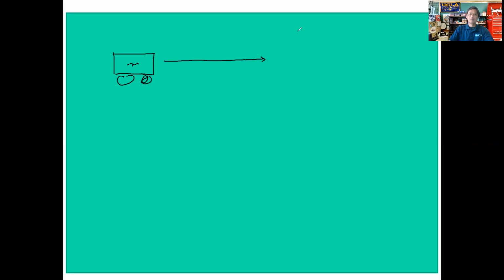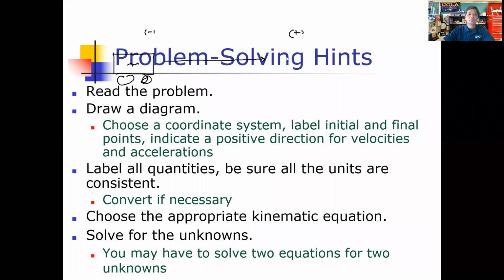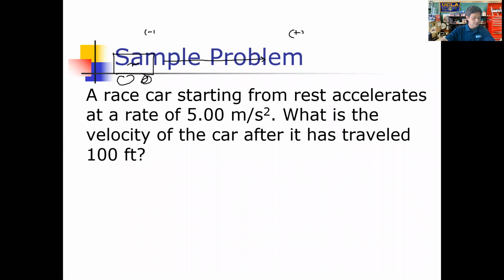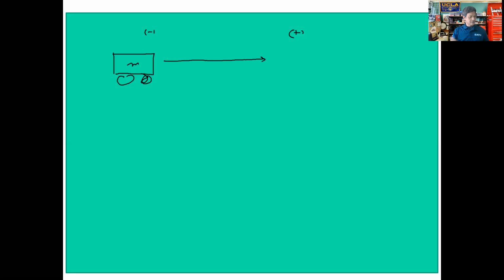Okay. So again, we have the positive x direction here, negative on this side. And so it's moving in the positive x direction. Okay. We were told that the... sorry, let me go back here really quickly. I just want to, whoops, sorry, 500 feet. Okay, I'm sorry. Okay, so we have then the